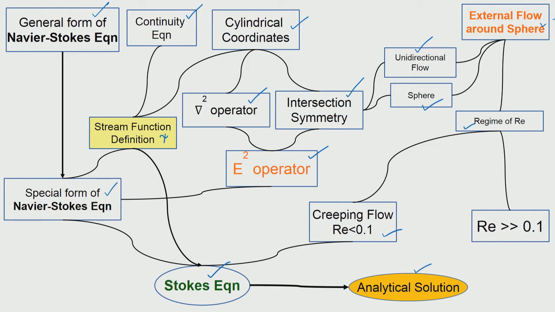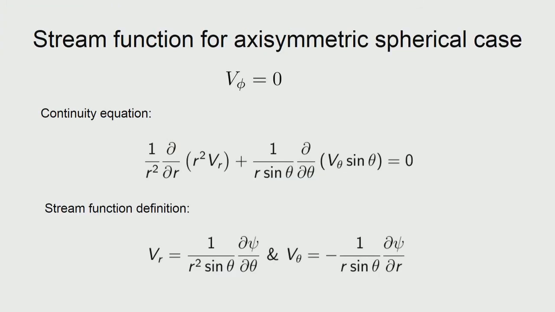So, here we take up one at a time, and one thing that we take up is generally highlighted in the yellow background. So, we take up the stream function first, the definition that will be refreshed for us to use at this moment. The axisymmetry is being imposed, which implies that the phi component of the velocity is not there. So, there is nothing happening in that direction, which means that you can reduce the continuity equation to only 2 terms.